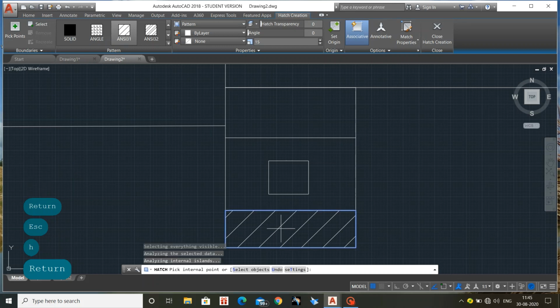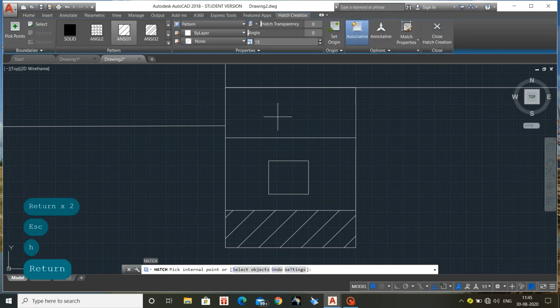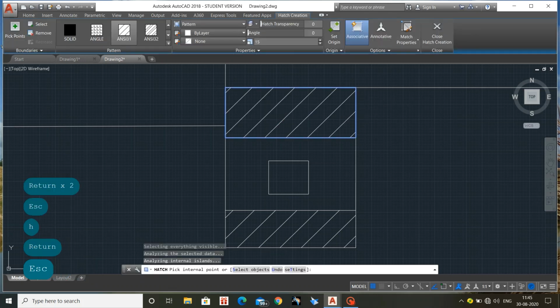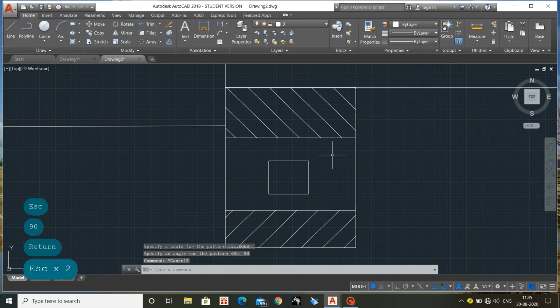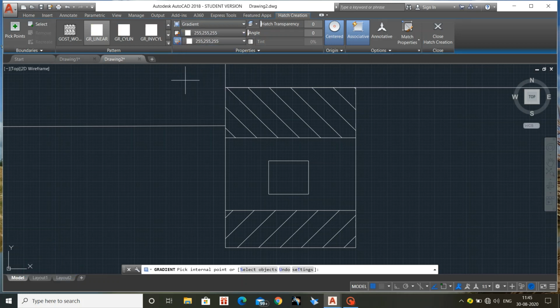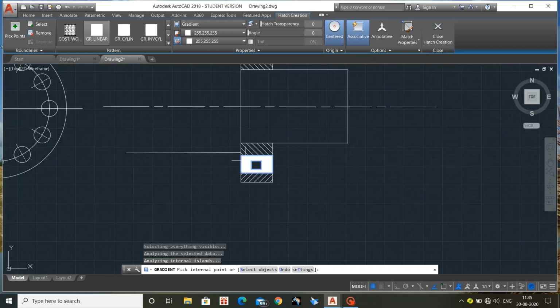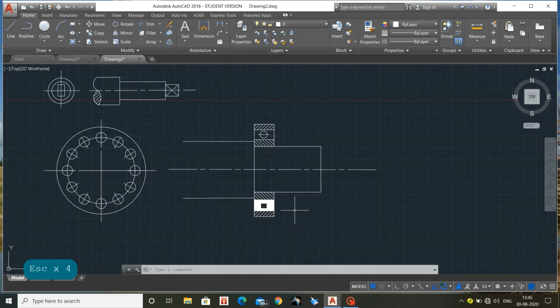So done. Again I am willing to hatch. See, here, hatch. Okay, this here, I need to change the direction. So change. So now, as in the previous video, I have shown you gradient hatching. So it is a colorful hatch. So I am applying that gradient hatching and changing completely into white. No combinations, completely white. So I am filling this space. So this is one type of filling. So this is one type of representation of bearing.